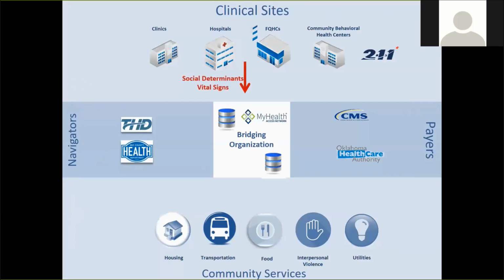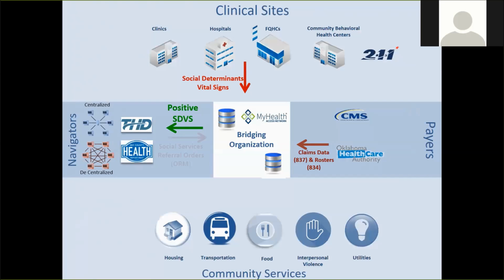So the workflow is basically this. They gather the social determinants vital signs in the clinics. We have the claims data and therefore the patient rosters from Medicare and Medicaid. Any positive social determinants vital signs are routed to the navigators, where they can contact the family and the patients and get them the services they need to connect them. And when they find services they need, they actually make an electronic referral. We have an electronic referral management system, and they can make an electronic referral that comes back into MyHealth and